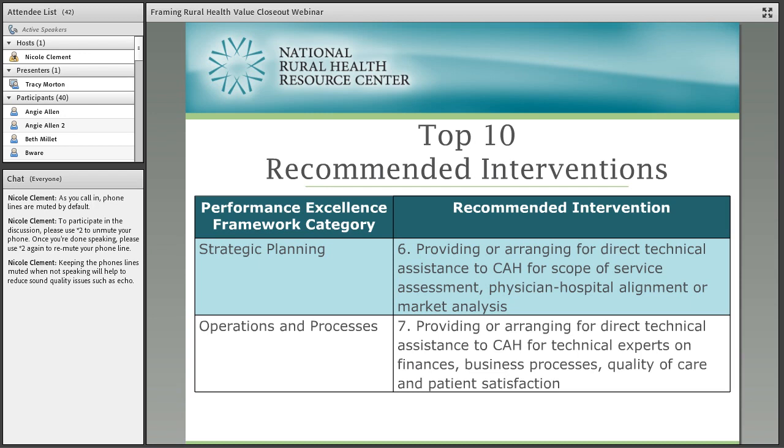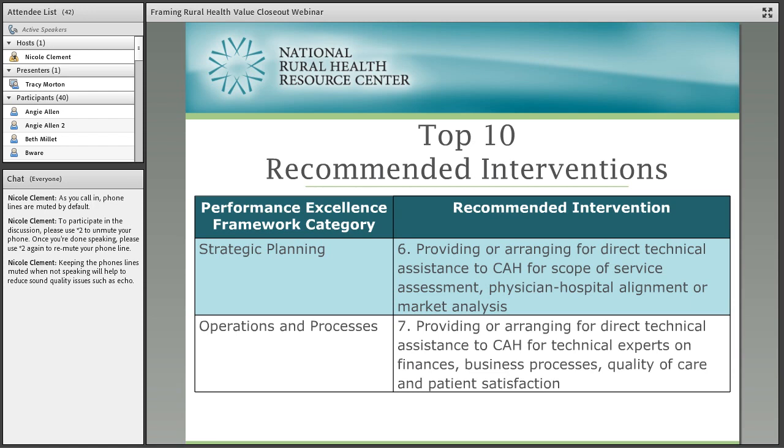Okay, great. Yeah, and we've provided technical assistance on doing various business assessments and revenue cycle assessments for the critical access hospitals when we felt it's needed. And getting back to the system, sometimes it is difficult to get the systems to understand that work that they do for the critical access hospital can go on the critical access hospital's cost report. And so you can have your CFO of the system have some of that salary paid through the cost report. Yeah, it gets difficult sometimes working with the system and getting them to understand the importance of the critical access hospital.